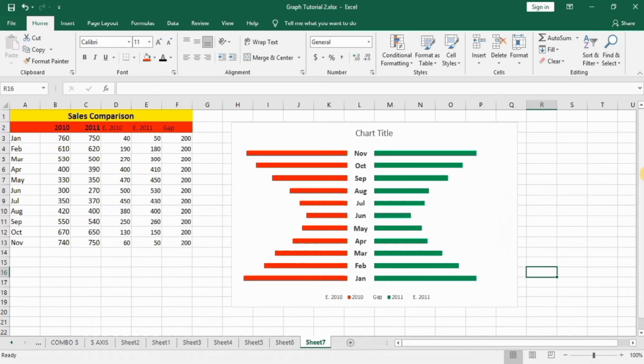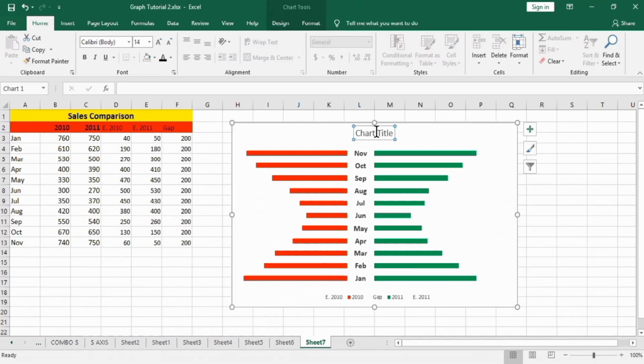Now select these bars. Firstly, I will change its title. Select this one, go to the formula bar, put an equal sign and select this cell. Click on enter. Now change its font size.